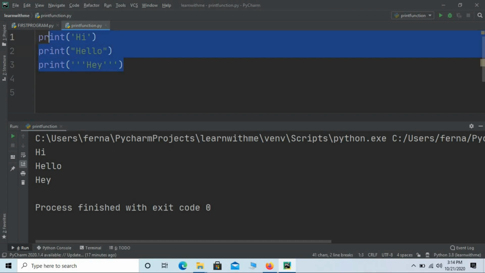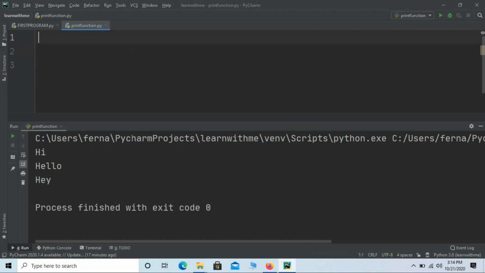Let me delete this one. So let me use the print statement. Open the bracket. I will use a single quote and let me type hi, and then I will press enter, and let me try to print hello.